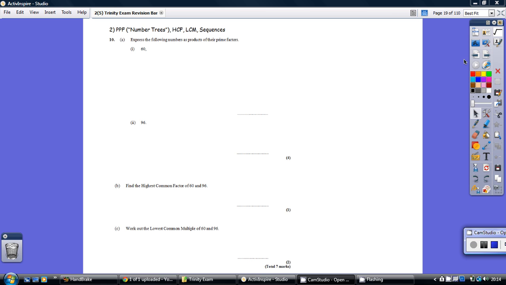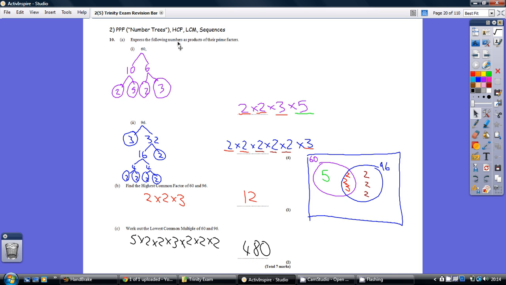Okay, question 10, have a go. Now, it's posh words, product of prime factors, but this is just that number tree thing. So you've got to think of any two numbers that times to make 60, for example 10 and 6, and then keep on going. You remember it's the one that almost looks like a Christmas tree